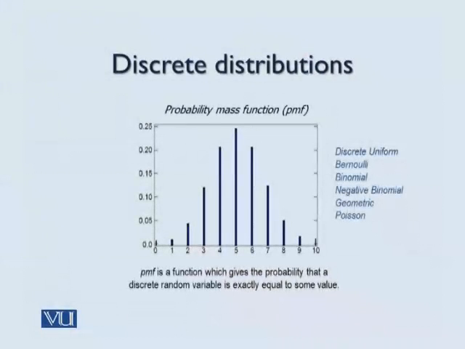So back now to discrete distributions. We've seen that randomness in such distributions is specified by a probability mass function. And now we are going to see some common discrete distributions, and we are going to see the probability mass function of each of them. So we are going to cover some simple distributions,